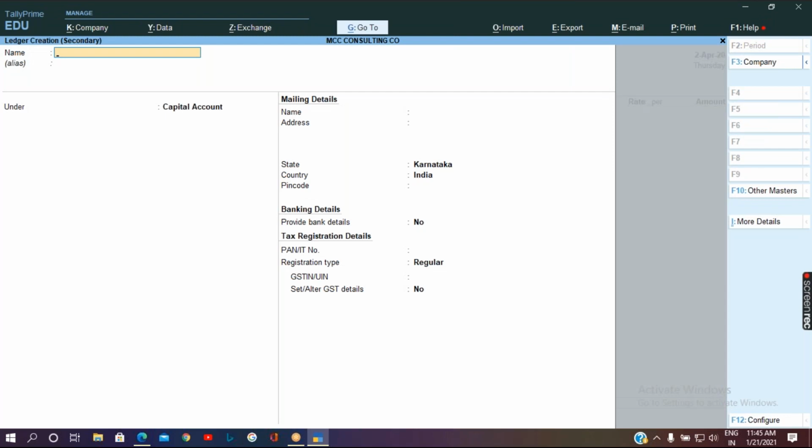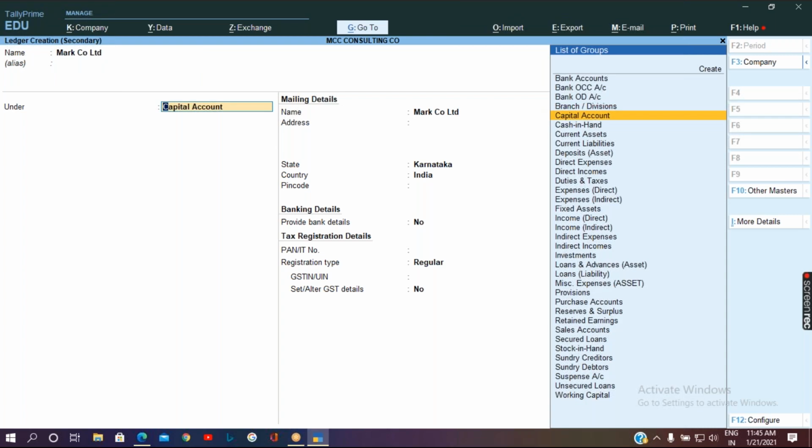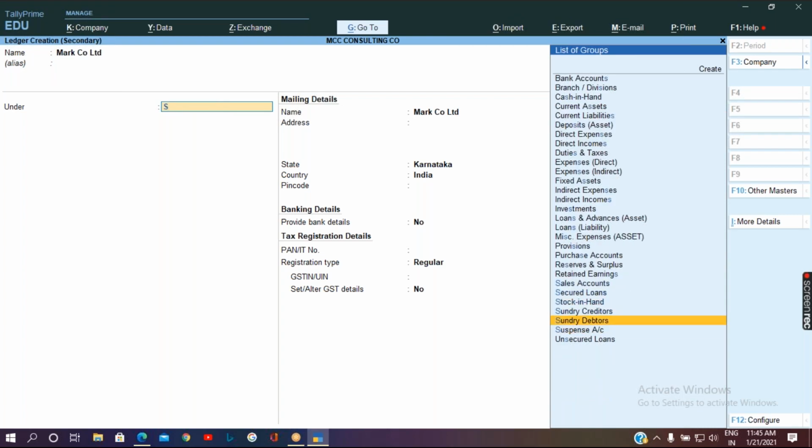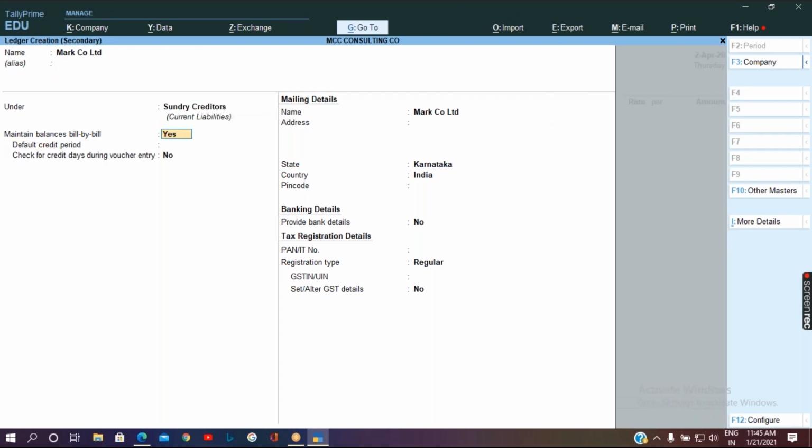I'm going to buy some stationery. I'm going to create a company with the name Mark Company Limited under sundry creditors. Maintain balances bill by bill will be yes, and accept the screen.